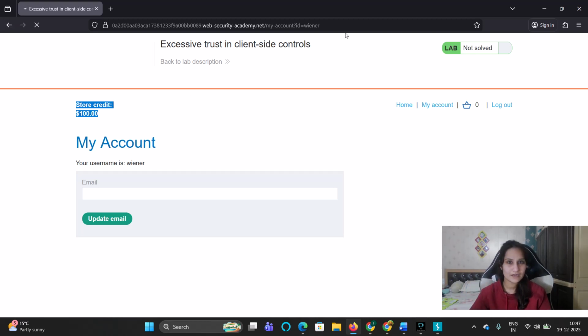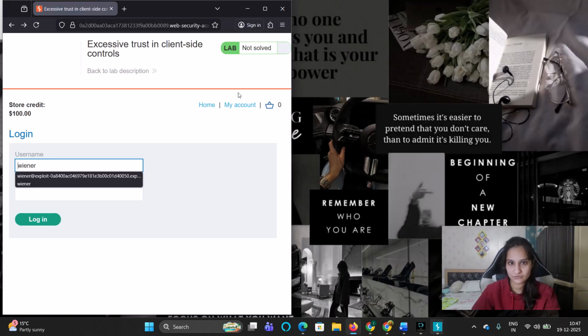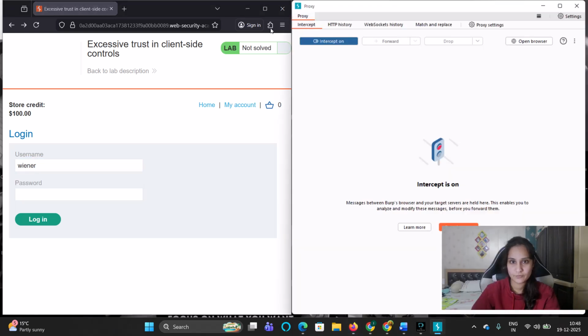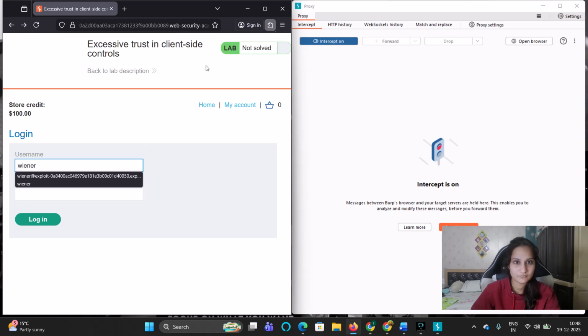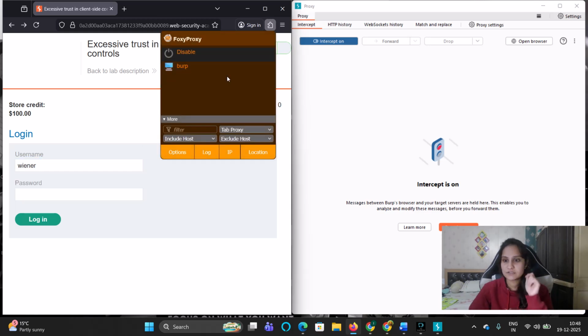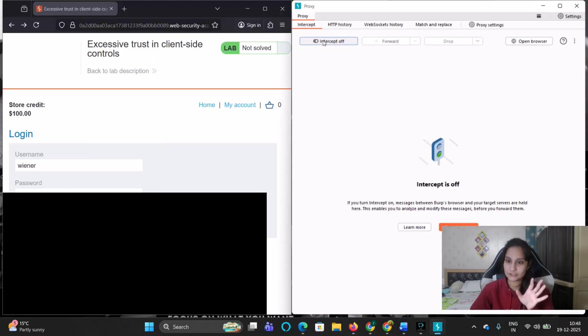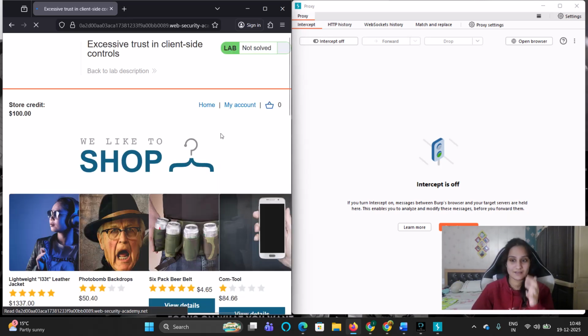We'll go back, and now what I'll do is split my screen so that I can see better. Yeah, here we go with the proxy. Now I'll also turn on my proxy so that it can capture the request that we actually want. For now, I'll turn Burp on, and I'll turn off the intercept. Why am I turning off the intercept? Because right now I have to get the request, and after getting that request, it is going to make sense what I'm trying to do, guys.